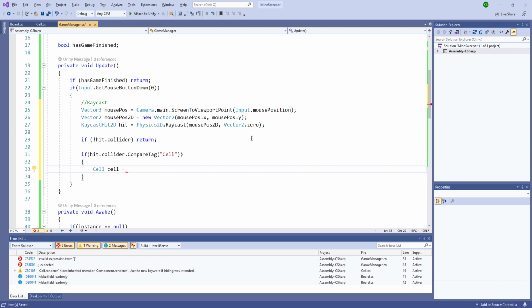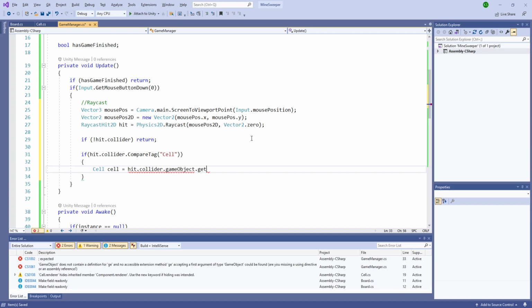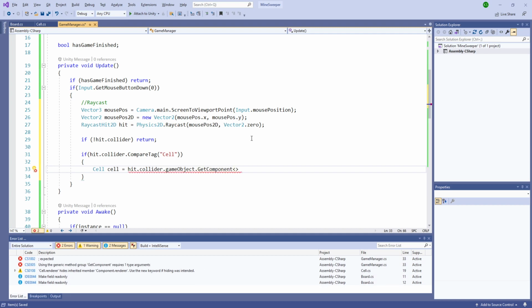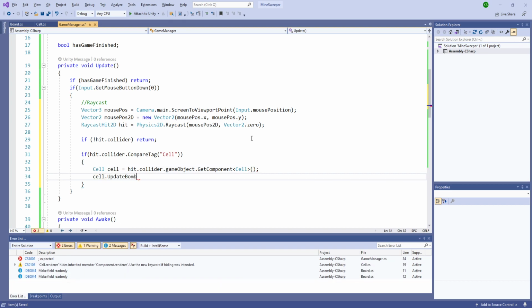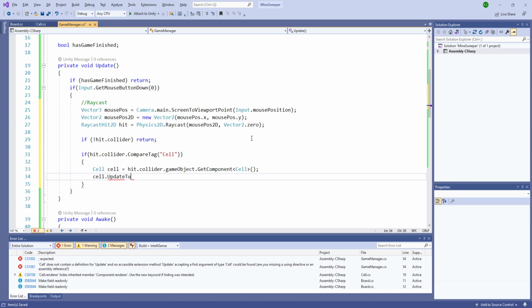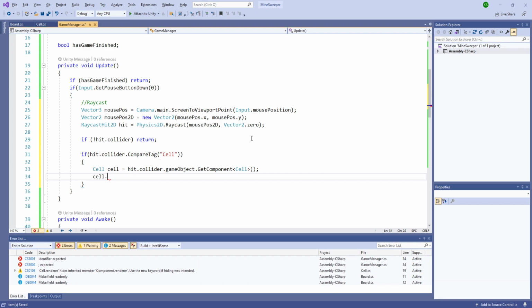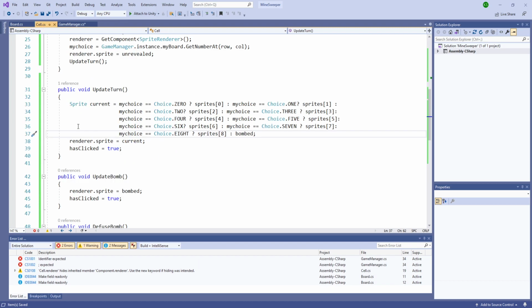Cell equals collider.gameObject.GetComponent, call it Cell, and we'll just do cell dot, return. Return was not public. Public void